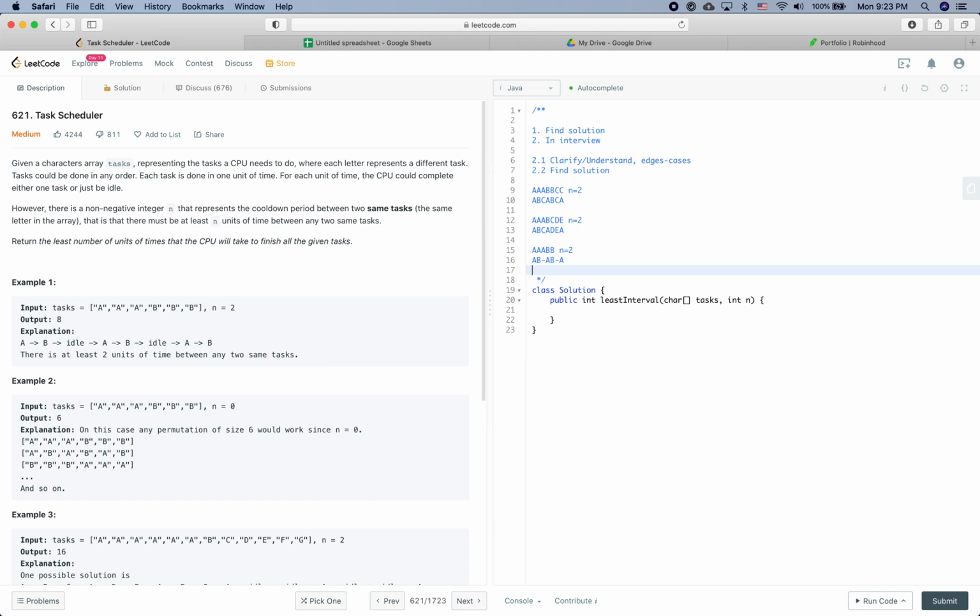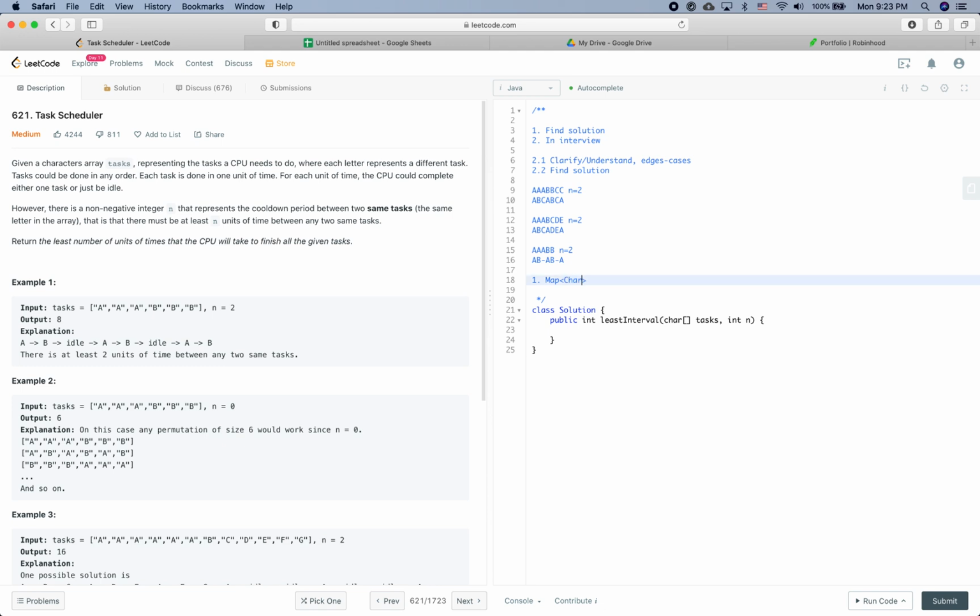For the solution, we need to do at least one pass over the input array. It's going to be O of n to find the most frequent task. So the first step, we are going to have a hash map which records the task and the corresponding units of time it is going to take. And then we find the most frequent task there, at the same time,